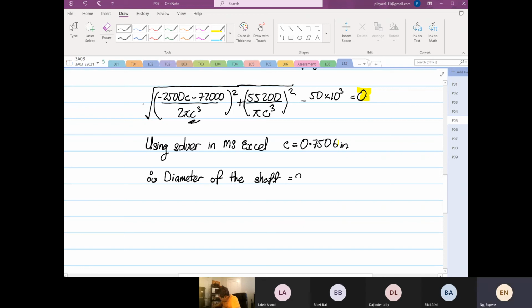Okay, so the diameter of the shaft is equal to 2C. So this is twice multiplied by 0.7506, which is equal to 1.5012 inches. Okay, so that is the shaft that we're going to use. So this is how we apply